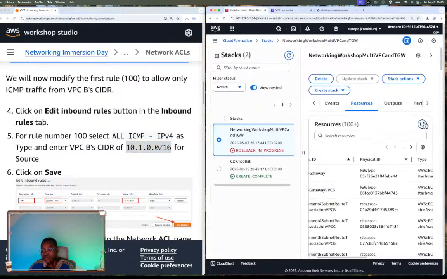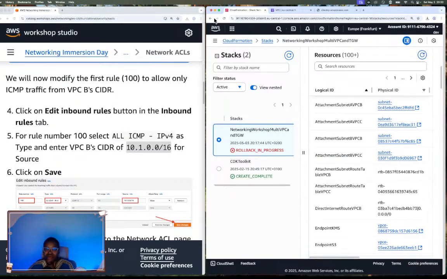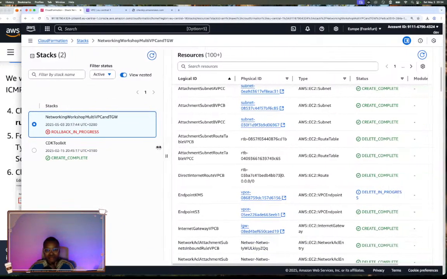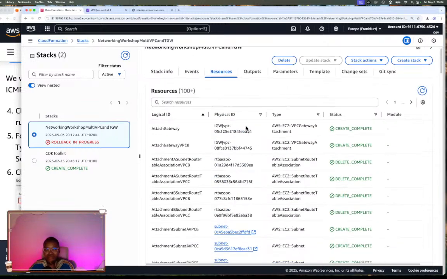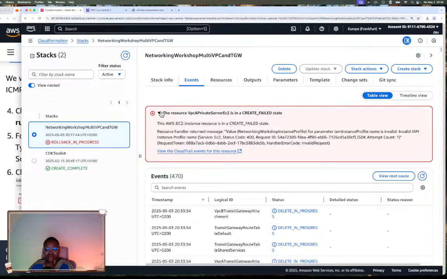Oh my, there was an error with this. It's going to delete everything again. I really hope it doesn't. A moment, let me have a look at this. I wonder what the error was this time. There's an EC2 instance. The instance profile, it was not able to create it. The instance profile. Oh,